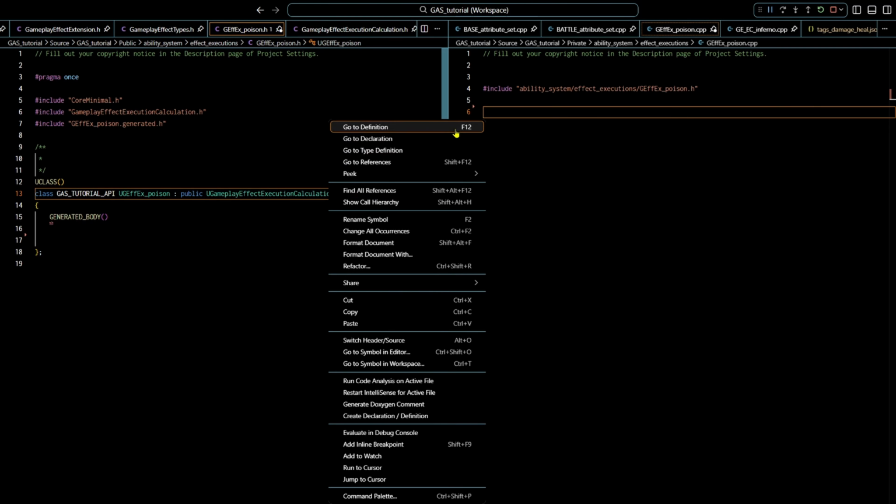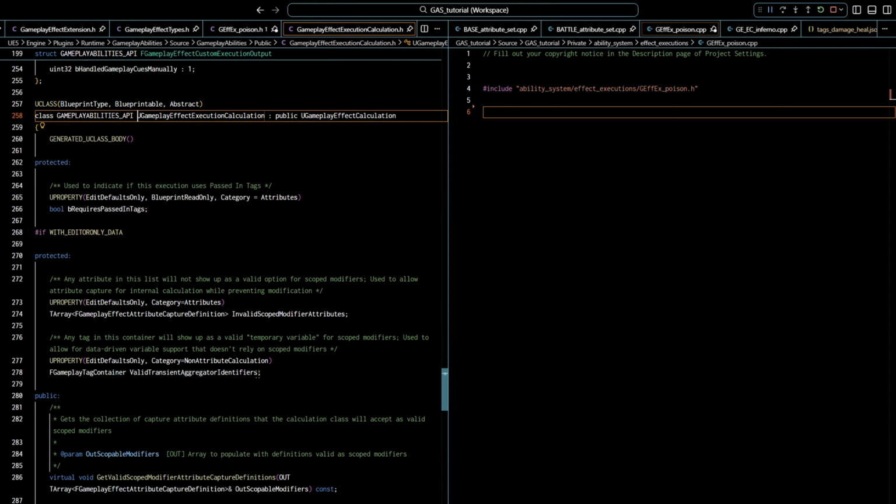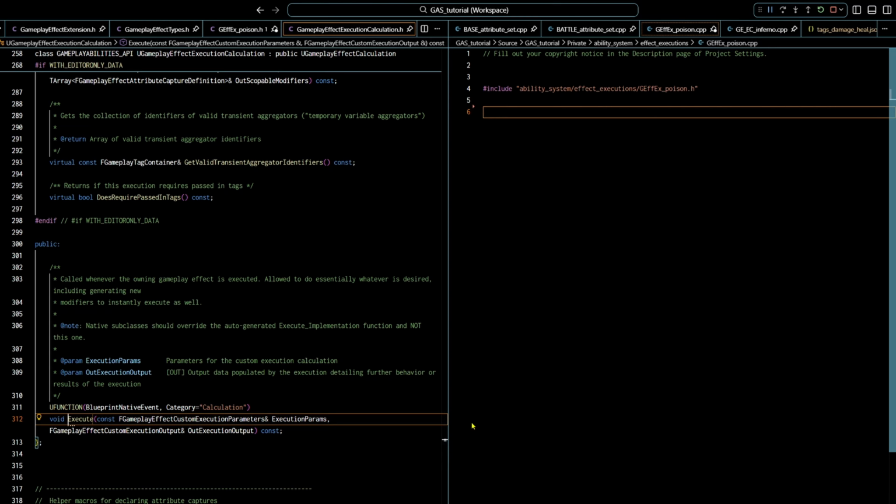Let's explore the parent execution class, and you will notice it does have its unique property, valid transient aggregator identifiers. If you scroll down, you'll find this blueprint native event, execute, that you will have to implement, just like the MMCs. No, CECs don't really have good blueprint support, despite there being a blueprint native event. And you must have learned by now, you can override and implement blueprint functions and native events in C++ by